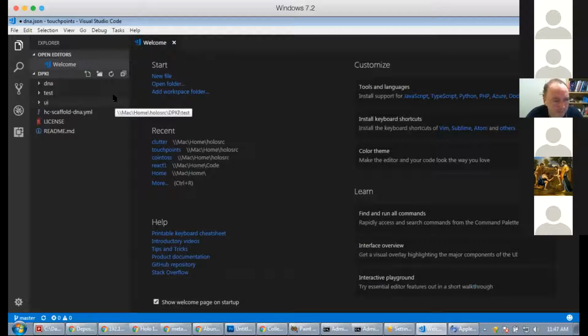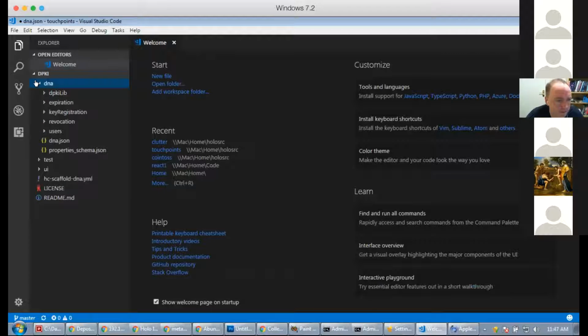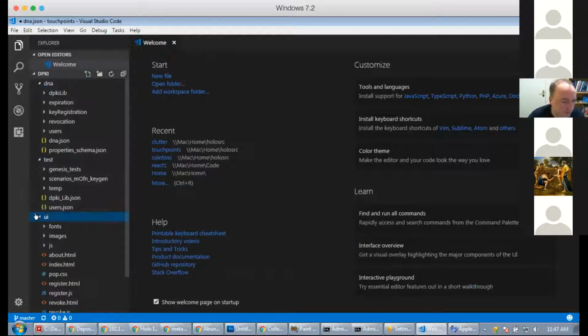The DPKI folder is out there in GitHub. Essentially, as we were talking initially, when you run that HC init, your public and private key are created and permanently stored in your Holochain folder.